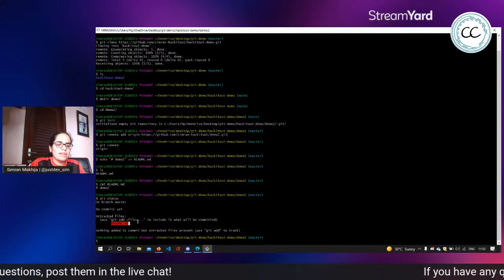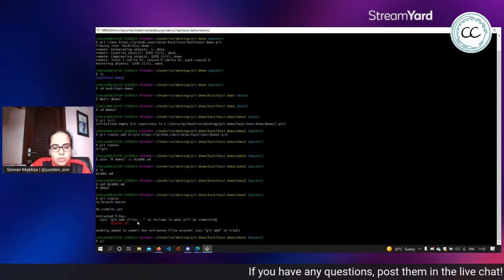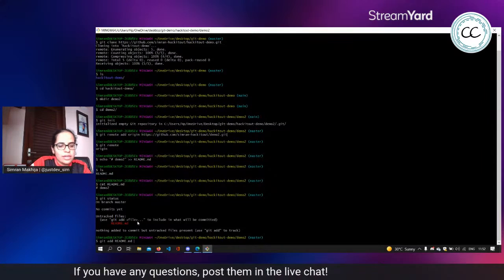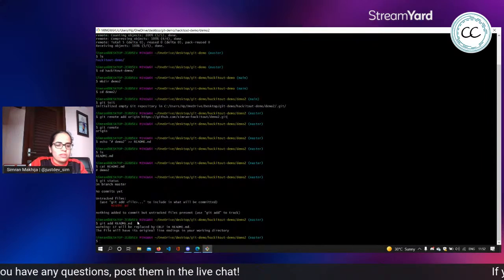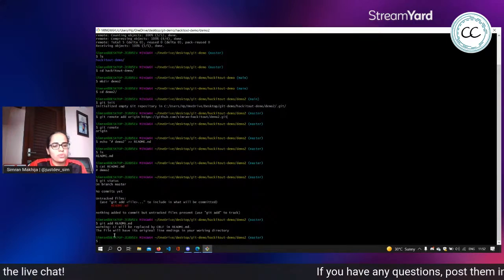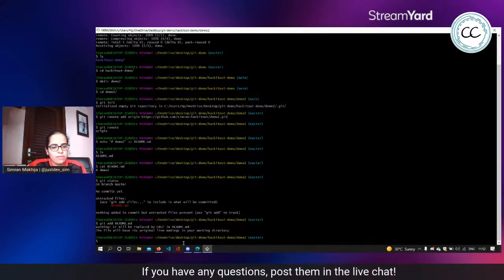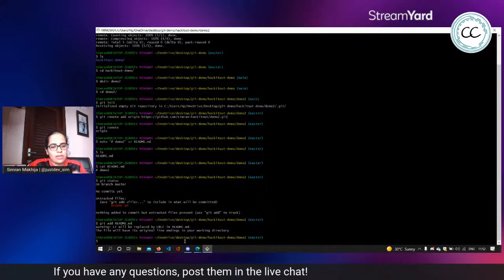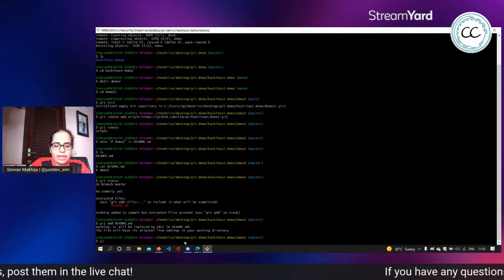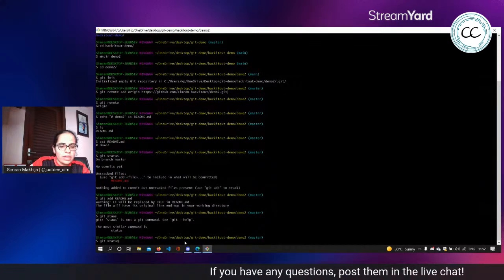We haven't added it to the list of things that Git should be tracking. So our first course of action is to git add readme.md. This is just a Windows to Linux thing. File endings, line endings are changed there. So git add readme.md. Now, if I git status, it tells me there are, oops, typo.